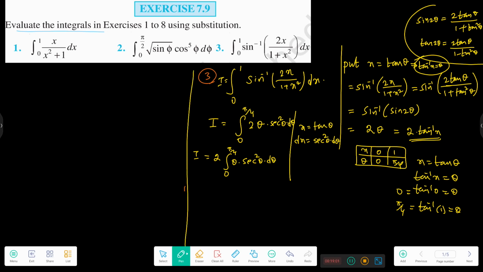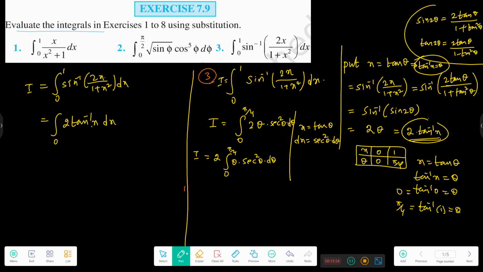Next, one more idea. From the question again, I is equal to 0 to 1 sin inverse 2x divided by 1 plus x square into dx. We have simplified the whole question in form of 2 tan inverse x into dx. The x term will be as it is. So 2 if you take outside, you can go by highlight. Or else, if you are using highlight,